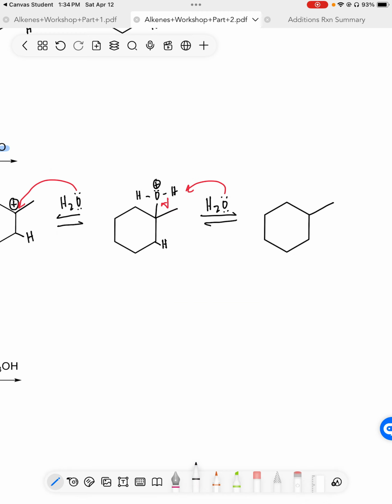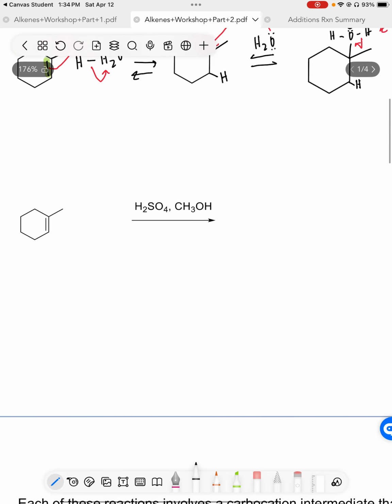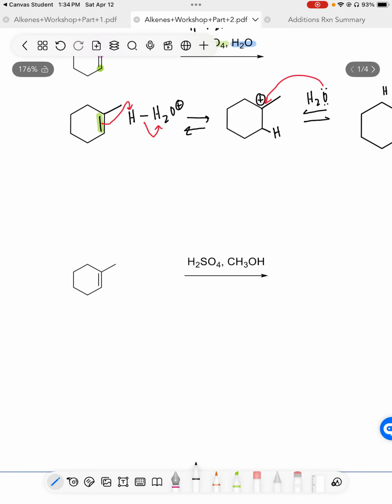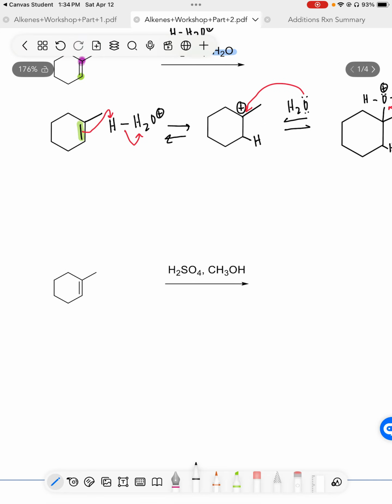So we still have our methyl group. Here's our OH bonded to our more substituted alkene carbon. And then we have a hydrogen down here that, again, you don't have to draw. And that's our final product. All right, so the last one that we'll do for this video